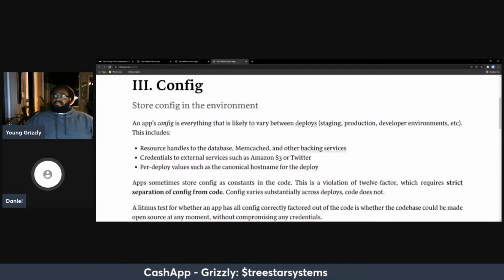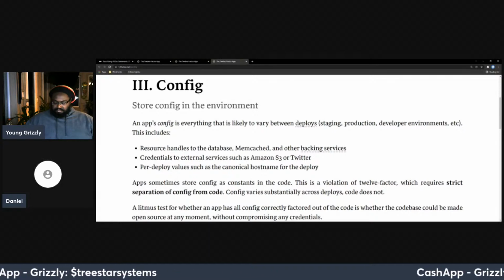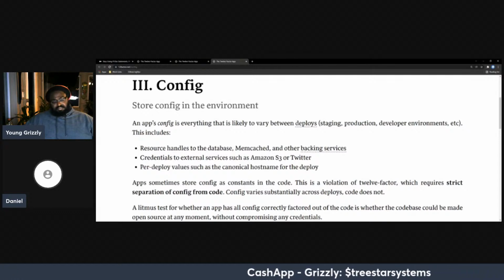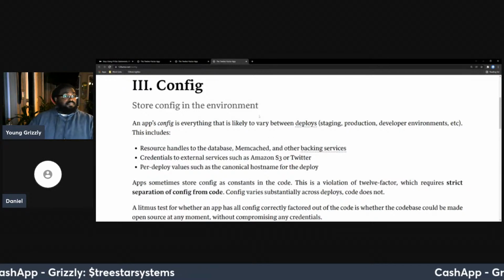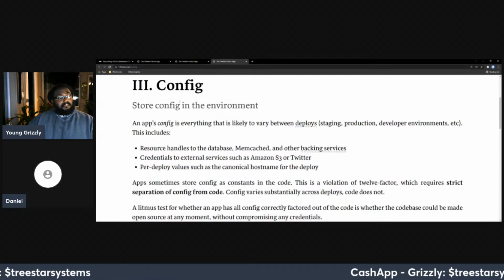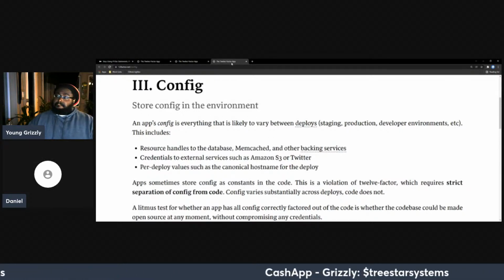Okay. Pulumi allows you to store configuration values, basically. For example, let's say we're in the staging environment. The staging environment won't be using the exact same database as the production environment.